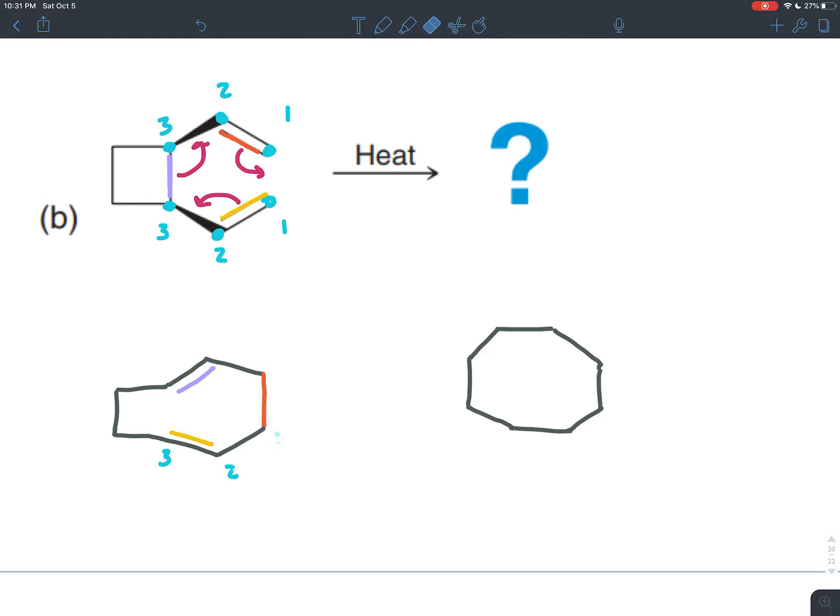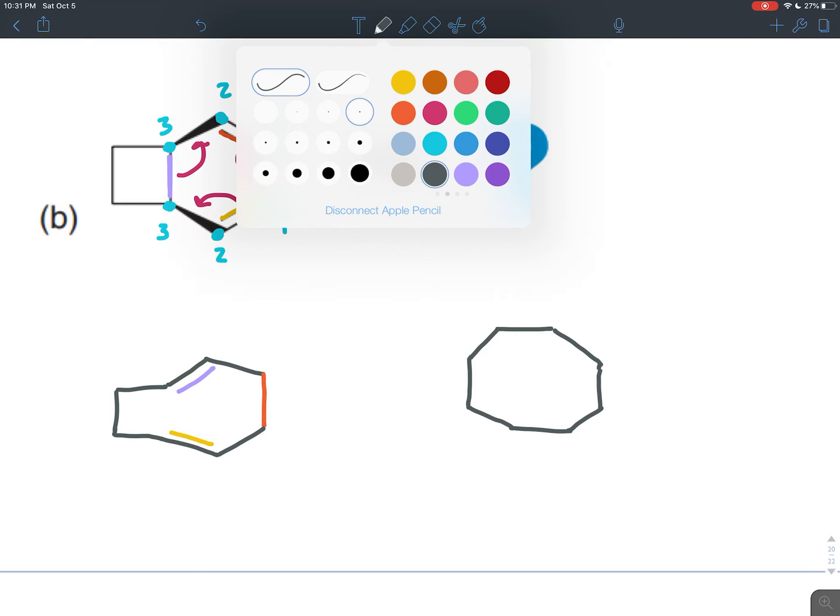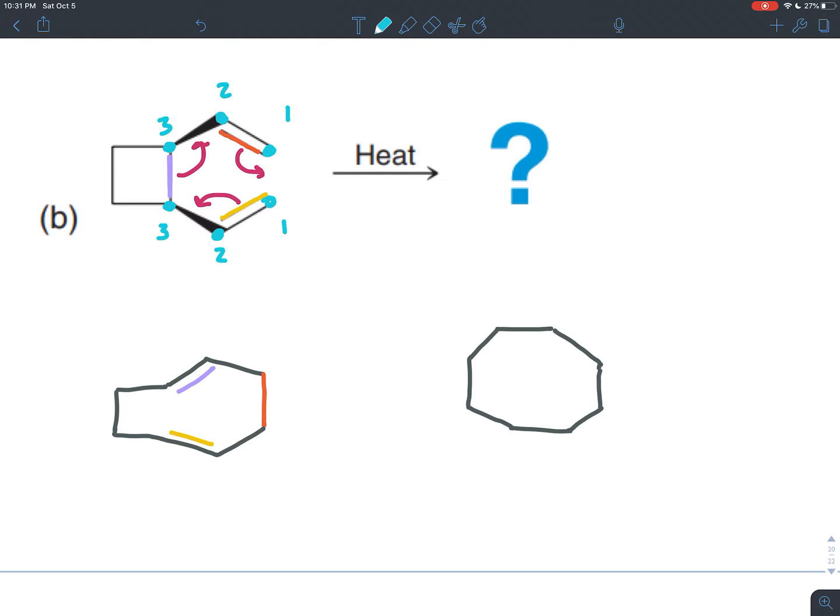And we can number these. We can number this ring all the way around, so we can go from 1, 2, 3, 4, 5, 6, 7, 8. This is just to keep track of things. If we do the same thing in this larger ring where the angles are drawn more appropriately, you can see